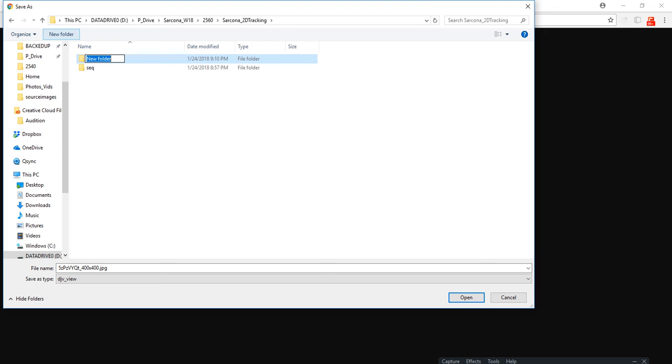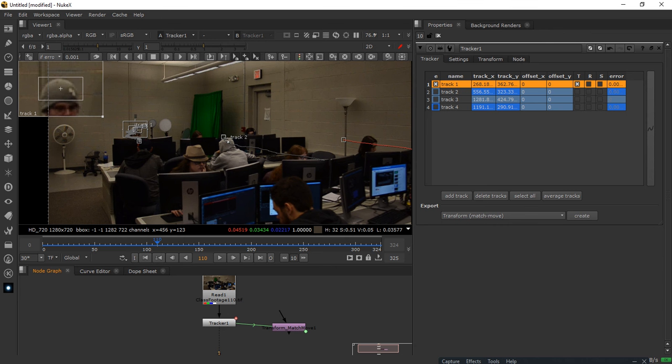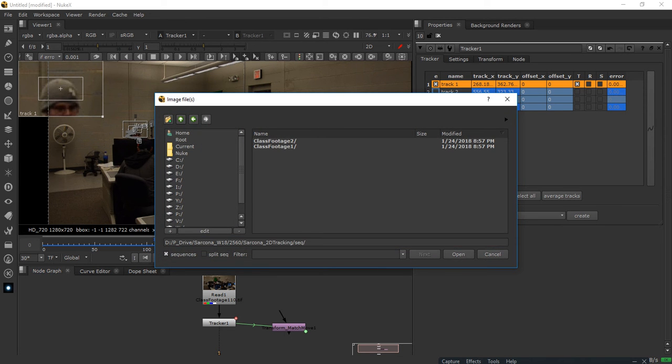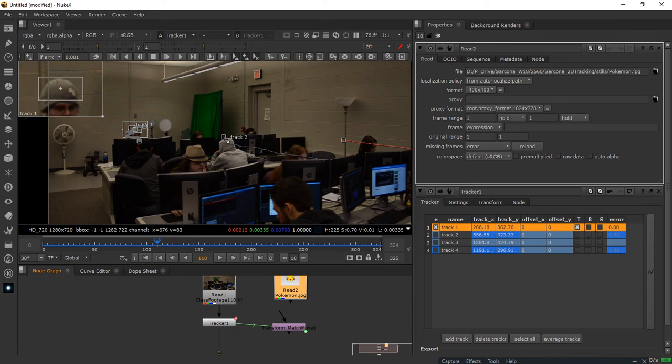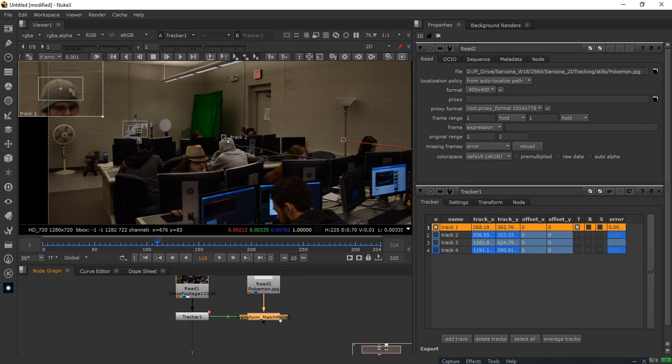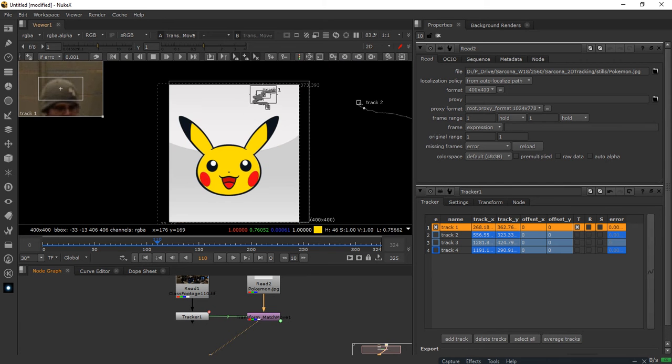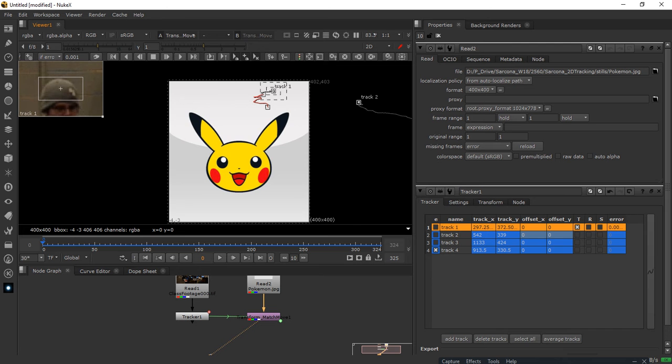All right, so I'm going to have another folder in here called footage or stills, and this is Pokemon JPEG. There we go. You can add whatever you want in yours, obviously tastefully. So I'm going to read in that still image. There's the Pokemon. I'm going to click it here, and if I view this, you'll see there he is. And if I rewind it and hit play,